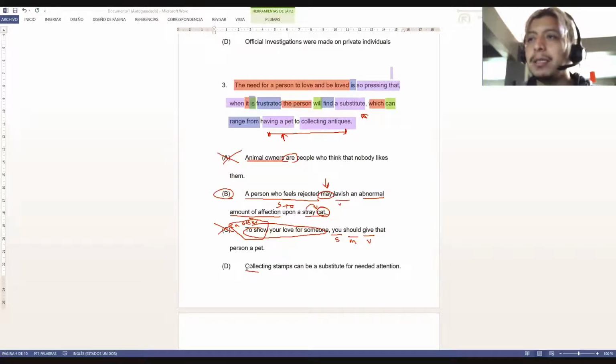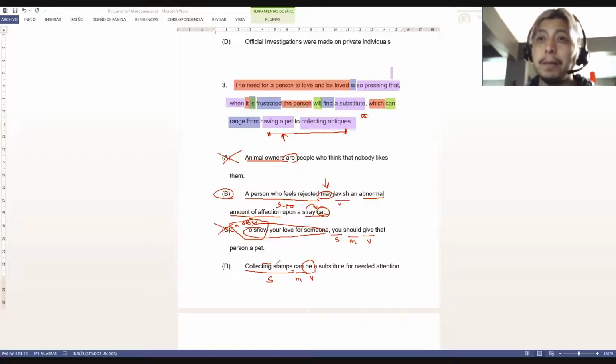Collecting stamps, this is the subject. Remember, when you have a verb with ing, it's not really a verb, it's a verboid. If you don't remember that, you can go back to the videos. I think this is in the first three or four videos, when I speak about verbs acting like nouns. So collecting stamps, the action of collecting stamps, this is the subject. The modal verb is can. The verb is be, remember, always in the base form after a modal verb,